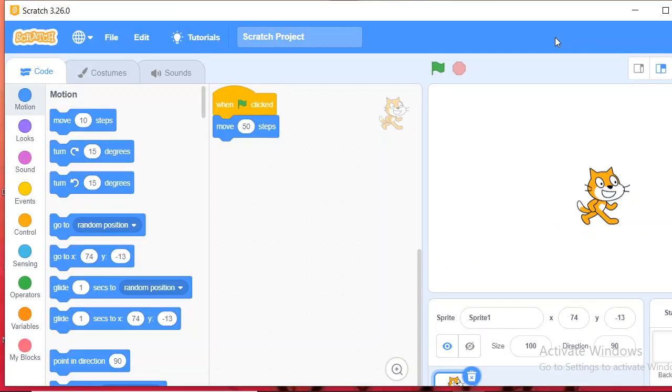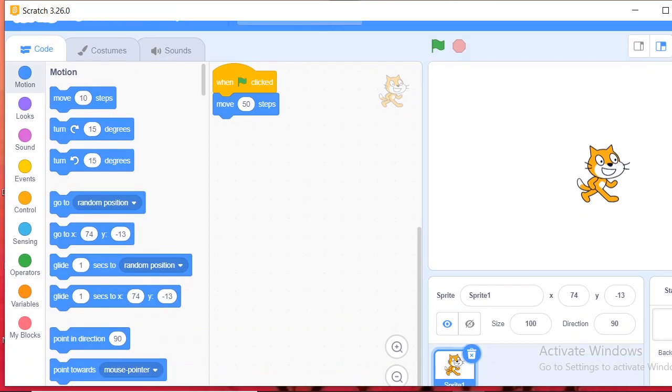Now next one is about this area. Here we can see one animal's face, that is one cat. This is known as sprite. So when we open Scratch we can see one yellow color sprite, that is the default sprite. So what is the default sprite? The default sprite in the Scratch application is a yellow cat. So we can change this sprite as per our need. If you need to change this one, there is an option, we can change. And number of sprites also we can add to each project.